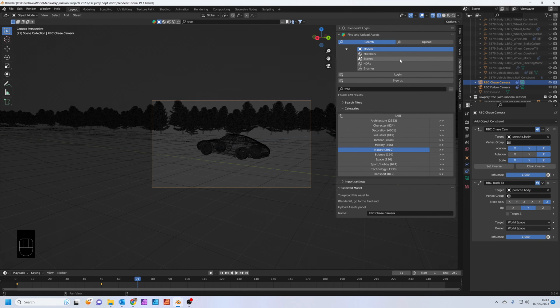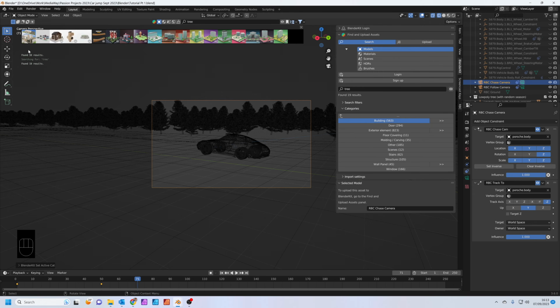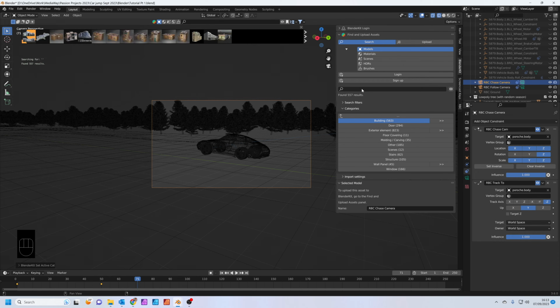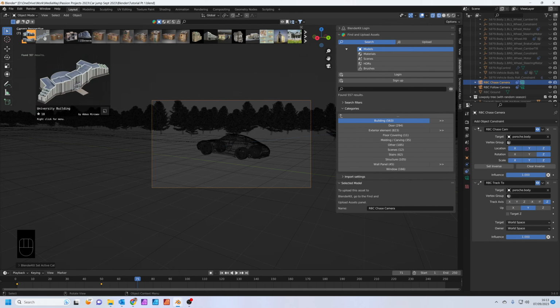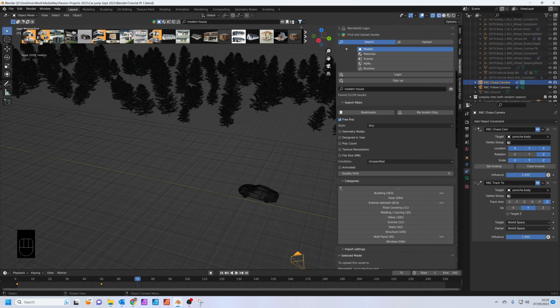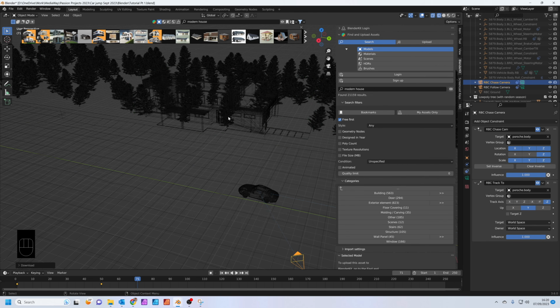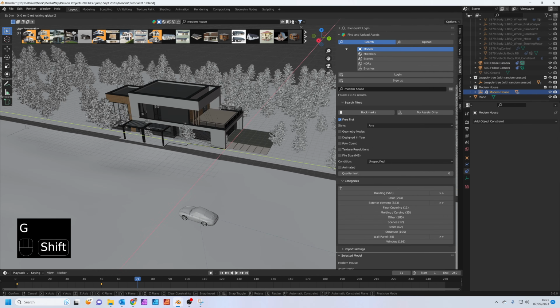Now just to make this a bit more interesting, I'm just going to add a couple of buildings in as well, just to make it a bit more fun. So BlenderKit, going to click on building. Let's get rid of the tree. It doesn't matter which one you choose really. Well, these are quite nice. These ones are called Modern House. I'm just going to drag one of them on, down there. Just grab it forward a little bit.